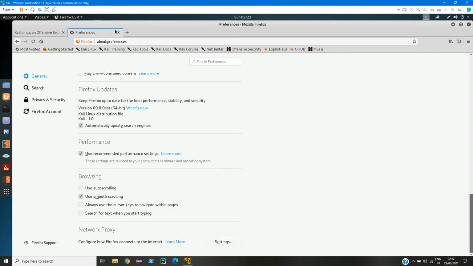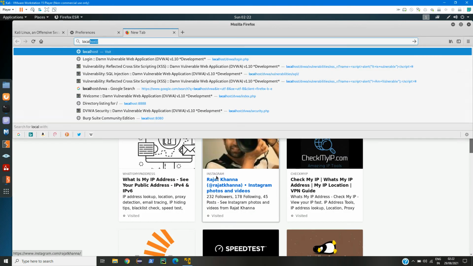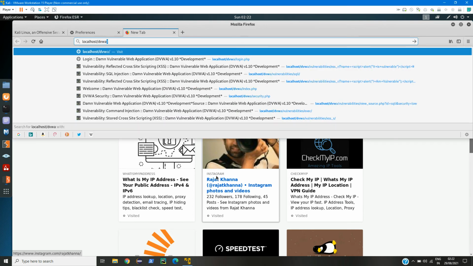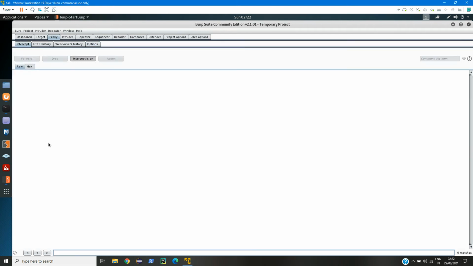Now currently if I visit any HTTP website, let it be like this local website, as you can see the page is loaded. But if we go to this proxy, and under proxy we go to intercept, currently the intercept is on.